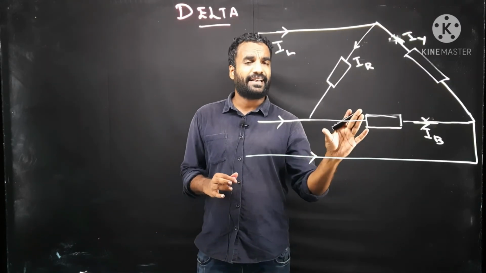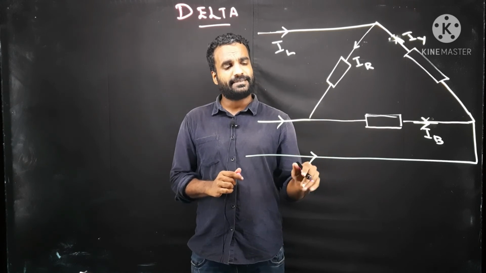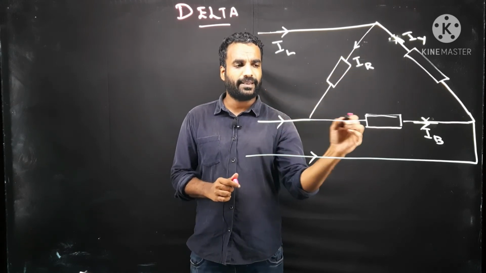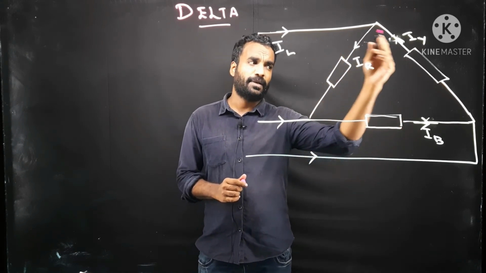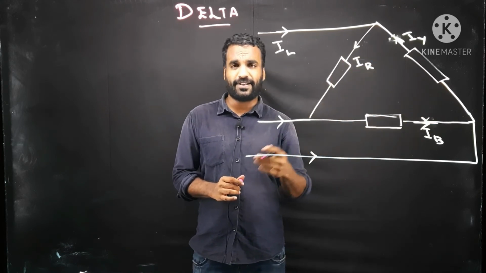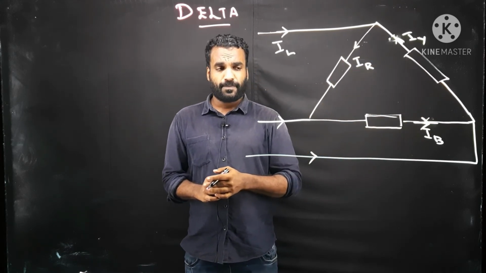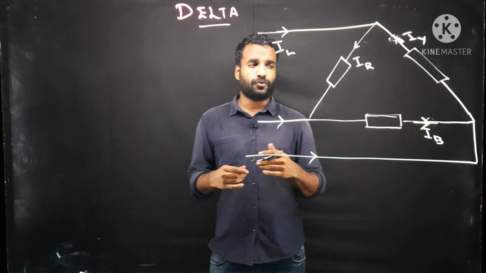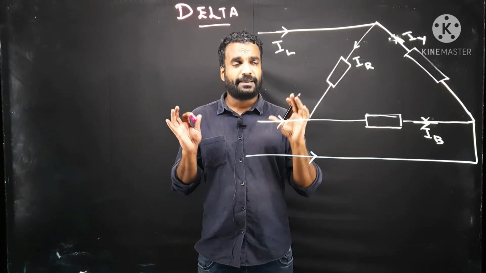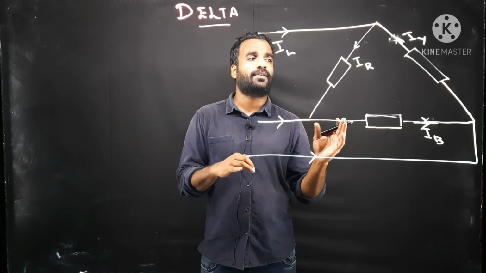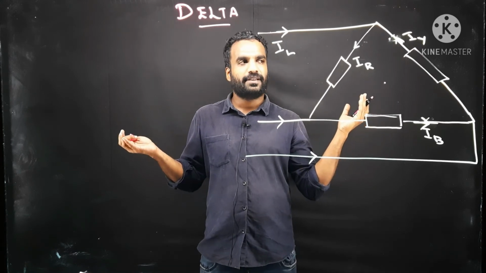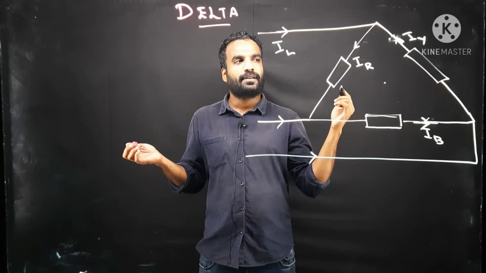Okay, so now it is a delta connected load system. As it is load, we can see current is coming towards inside. Suppose this may be your home. If your home is a 3-phase connected system, maybe an industry also. But the main difference from star to delta was no neutral point. Here no neutral point is there.